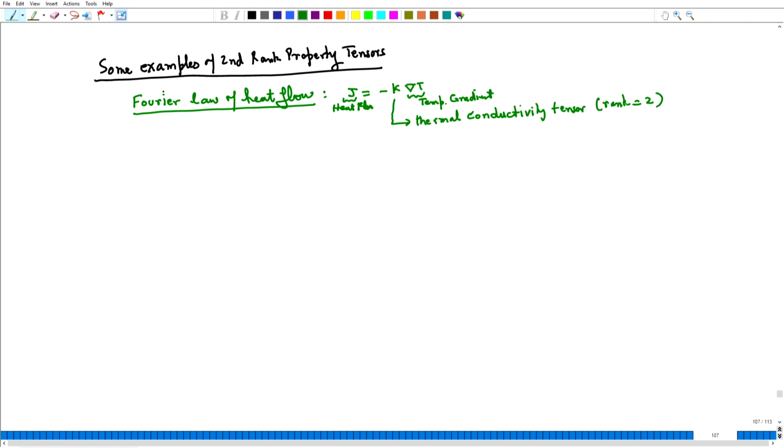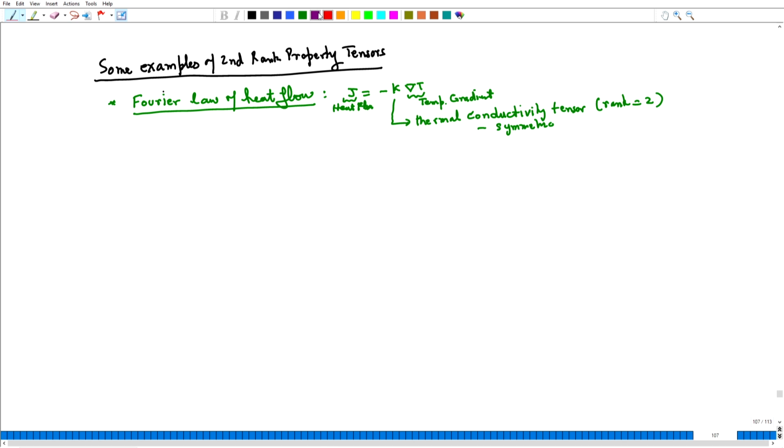So, this is a second rank tensor. This is symmetric as well. So, it will follow the same properties as the general second rank tensors we have been dealing with. In the case of tetragonal, the basal plane heat flow will be isotropic. In a cubic crystal, heat flow will be isotropic in any direction.